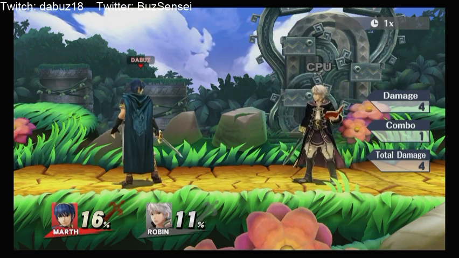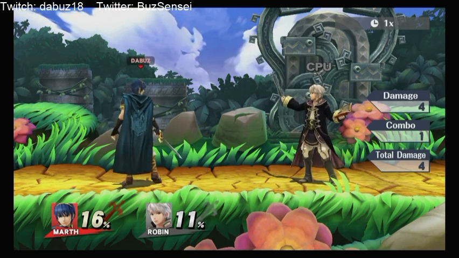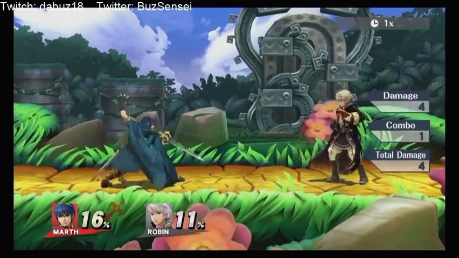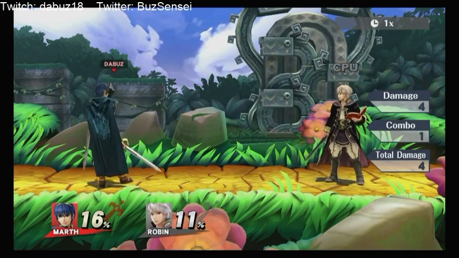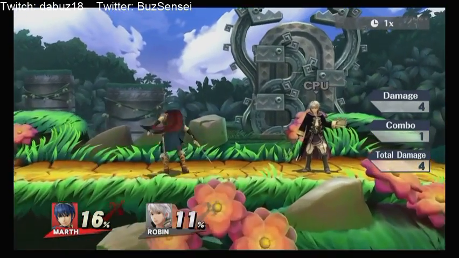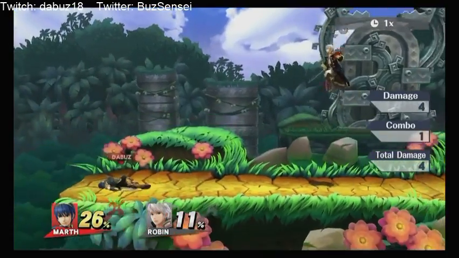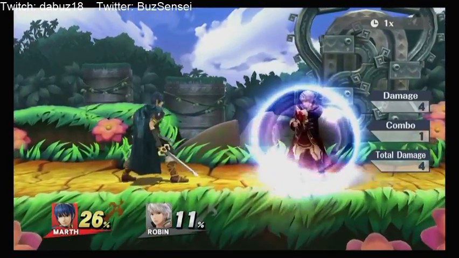Marth is much safer. Now, Robin was shooting from this distance and I did a forward smash at the max distance of my forward smash. Robin can't get a punish from here really. He can go for a dash attack maybe, but that's it. And if I space it absolutely perfectly,